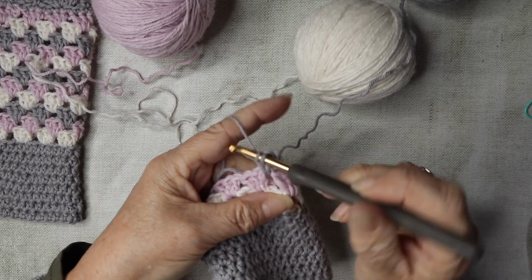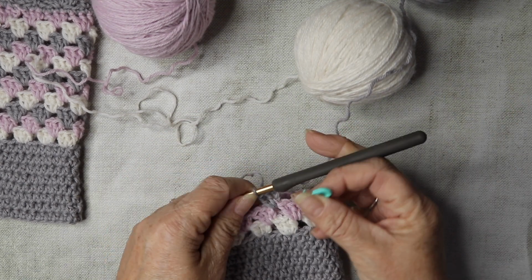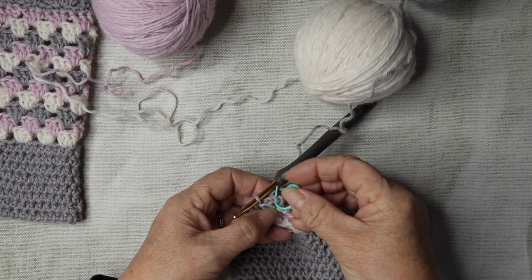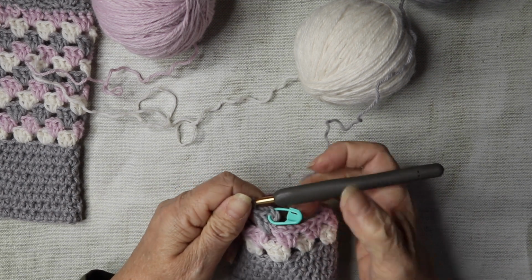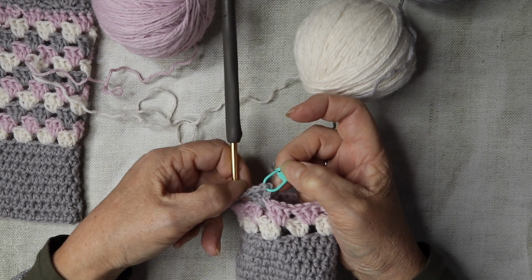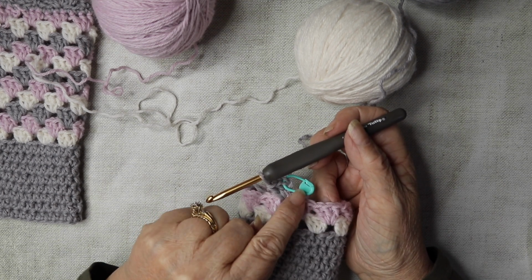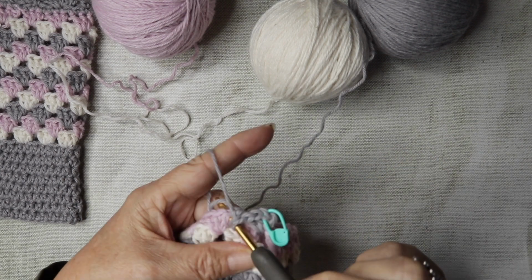Now if it helps you to use a stitch marker like we were doing for the cuff section, you just want to insert your stitch marker into the 3 chain. So you just locate your 3 chains that you've made. So 1, 2, 3, insert your marker there, and that will then help you when you're coming around to the other side where to insert your hook if you're not sure where your 3 chain was. So these stitch markers are brilliant just purposely for that, to mark where your stitch began and where you're going to finish off. We're just going to do the same thing